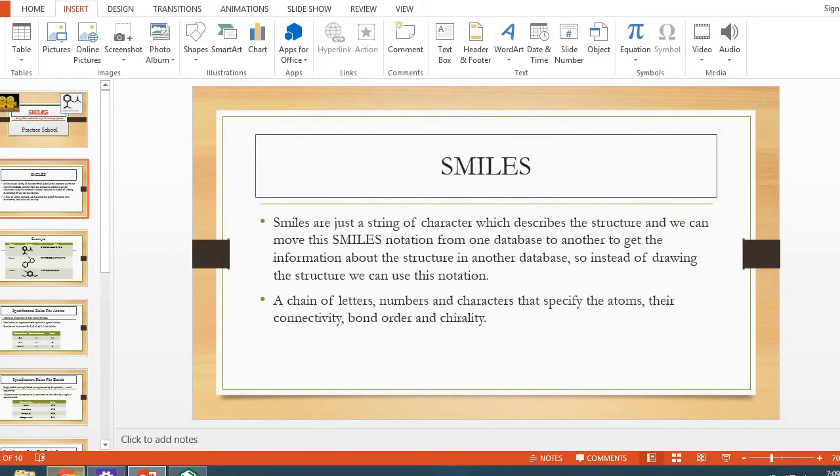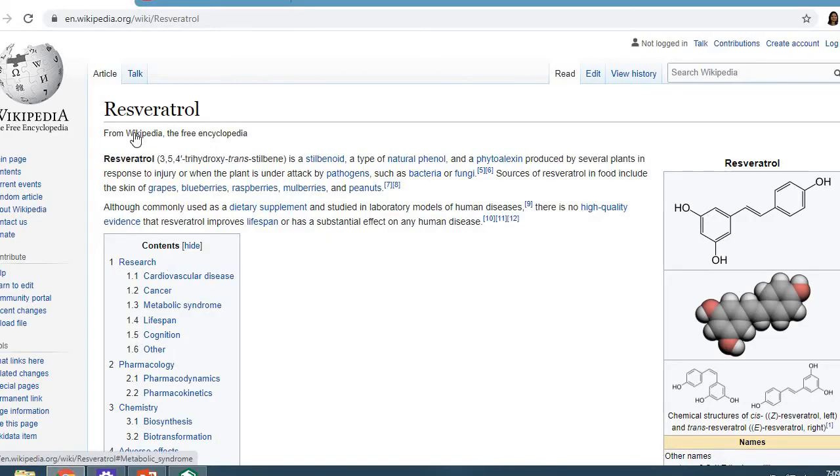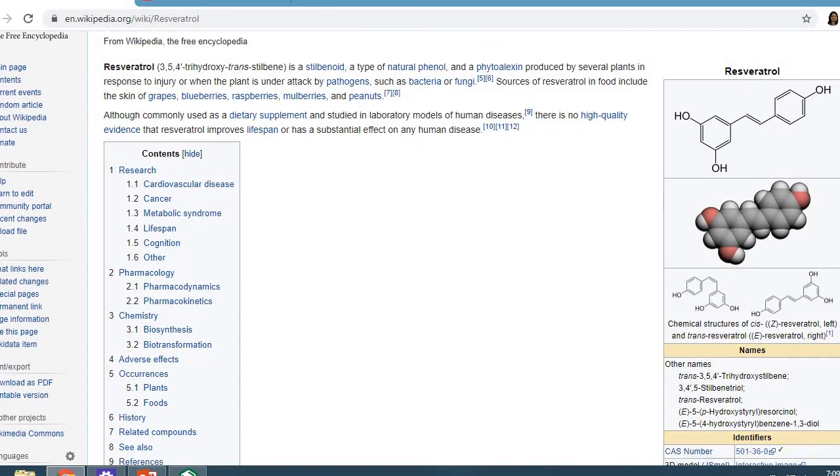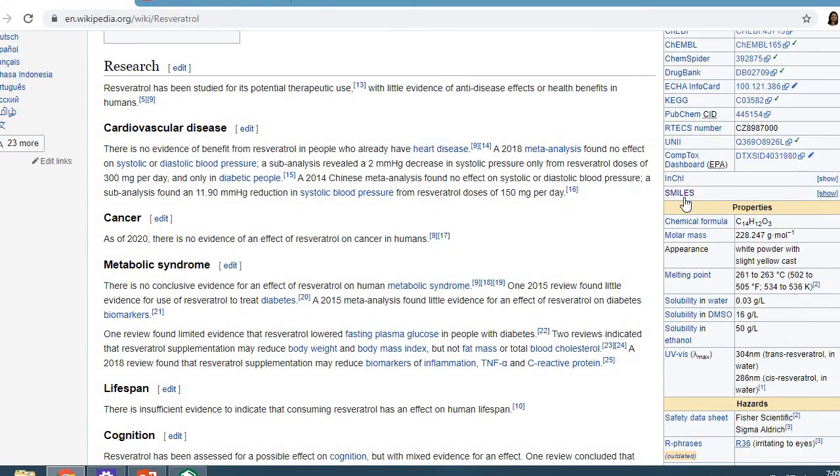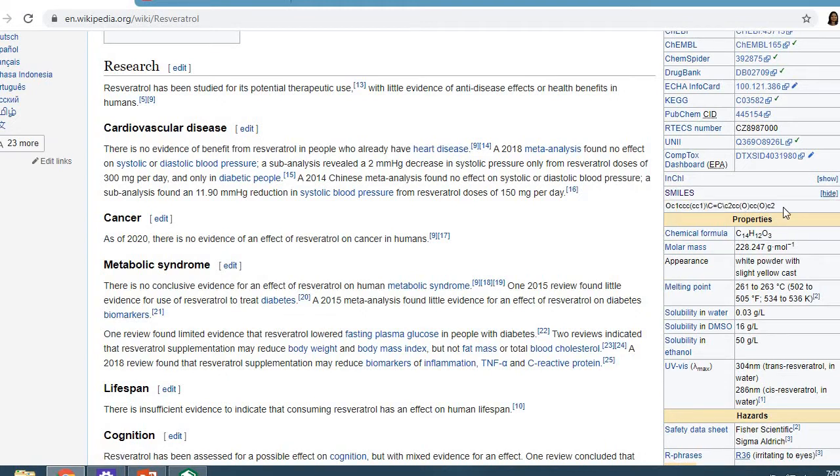So this is the Wikipedia page for resveratrol, and below this structure, when we move down, here are the SMILES for this structure. We can click on show. So this is the SMILES notation for resveratrol.